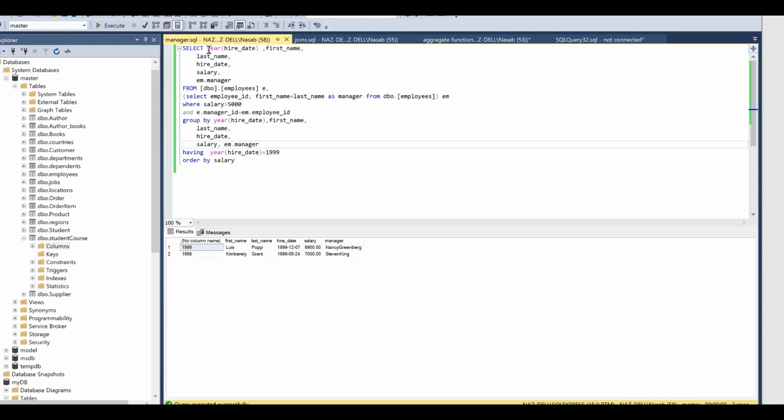So I said the year. Year is a syntax, an inbuilt function, which will return the year only. So on hire date, it will return whatever year it comes to, then we can say year, so as year. Year means employee year. Then the first name and the last name, and the hire date, salary, and the